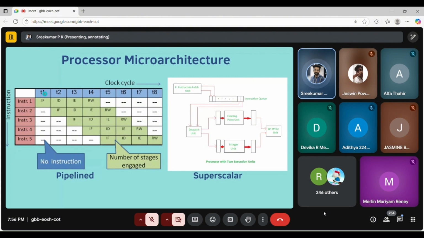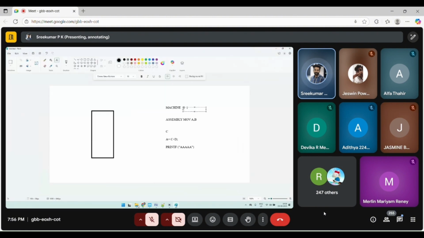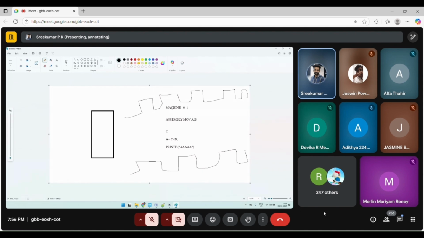At time T1, the instruction is fetched. IF means instruction fetch. Then it moves to the next time. Here, you know the clock cycle, right? A clock cycle is something like this: the microcontroller's external clock is provided by a crystal or something. You might have heard of an oscillator circuit, a circuit which can produce these kinds of signals, clocks.